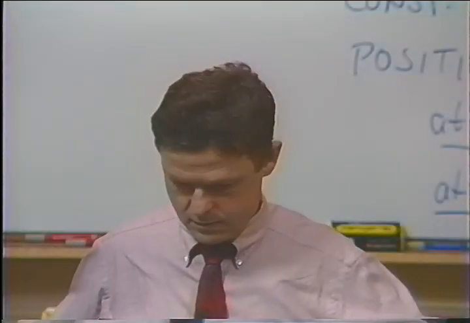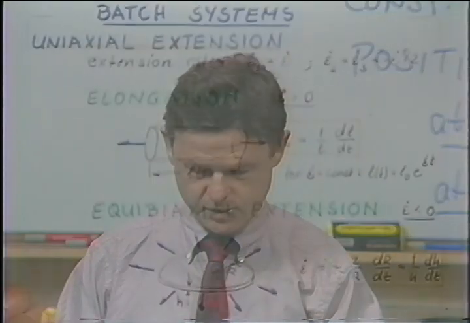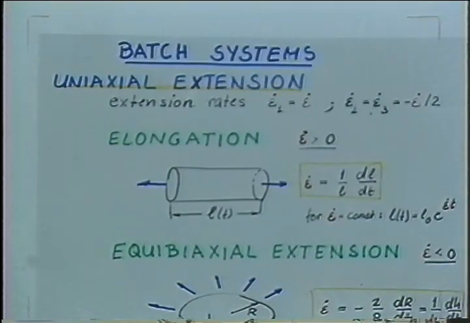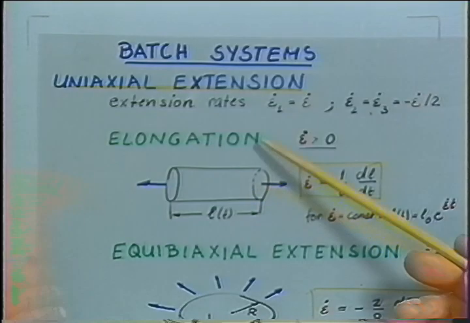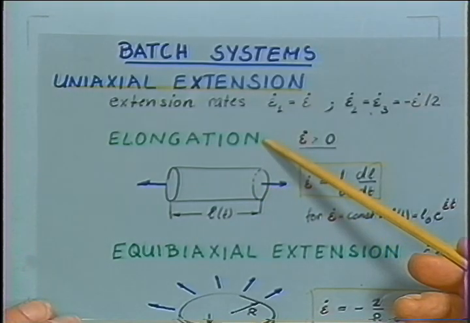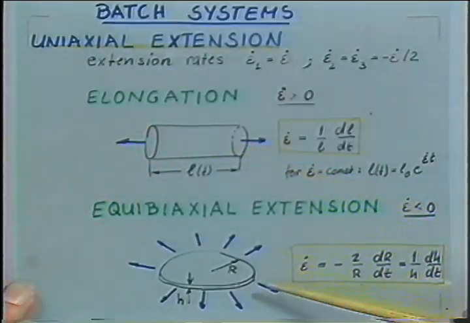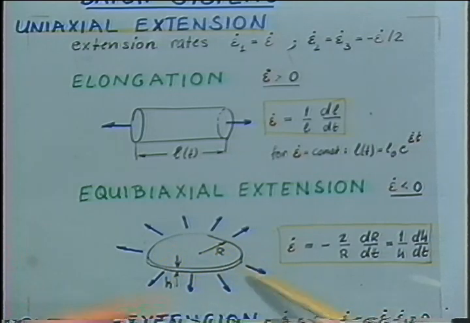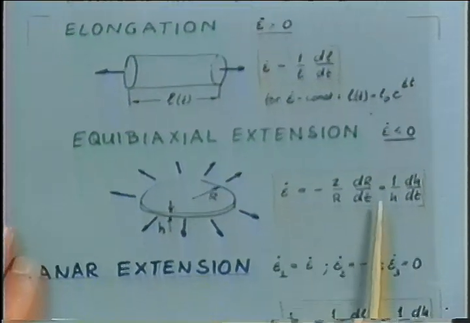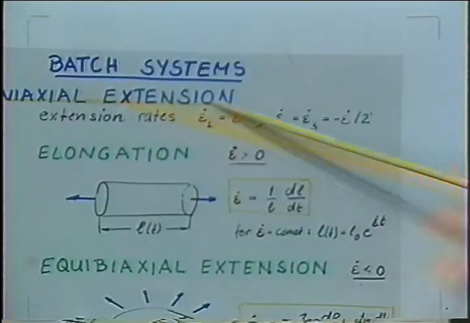Here, for the batch systems, I even brought some cartoons just to remind you. So this is the uniaxial extension. If we stretch this fiber, if we make it longer, call it elongation or uniaxial extension. Or if we push this fiber, make it smaller, we're kind of making a disc. Or we could grab even a sheet and stretch it uniformly in all directions. That's called equibiaxial extension. So both of them would fall into the uniaxial extension